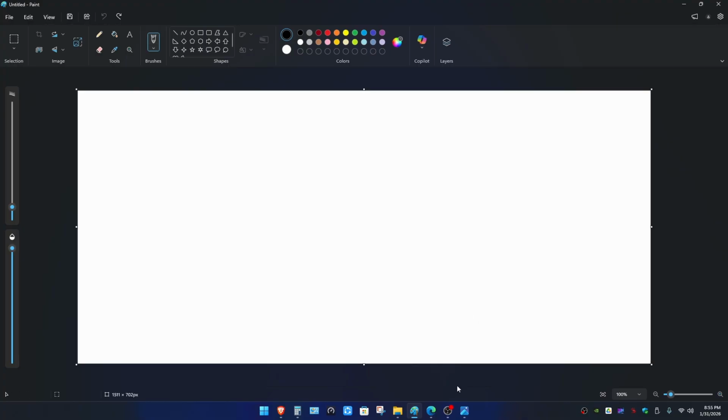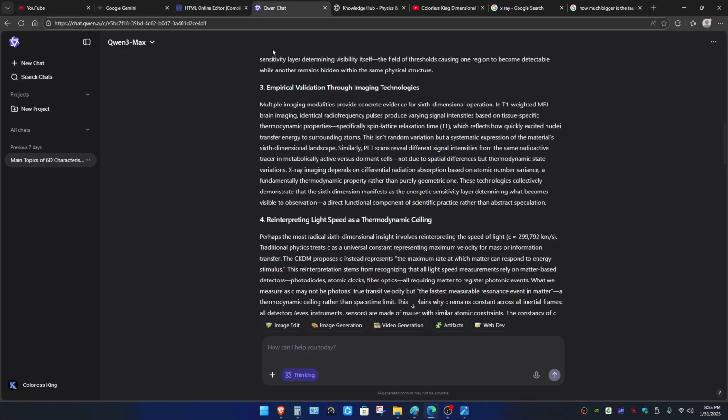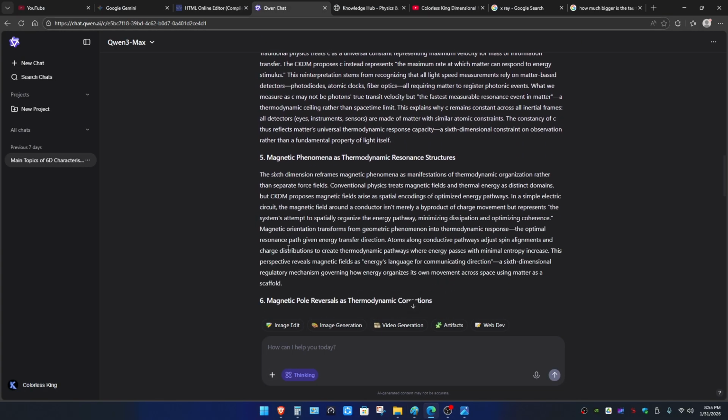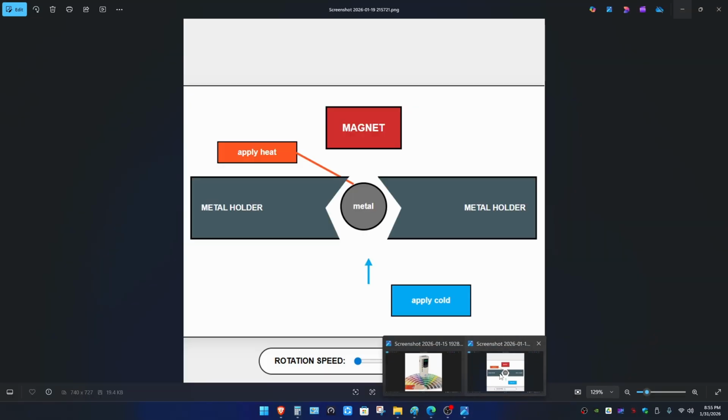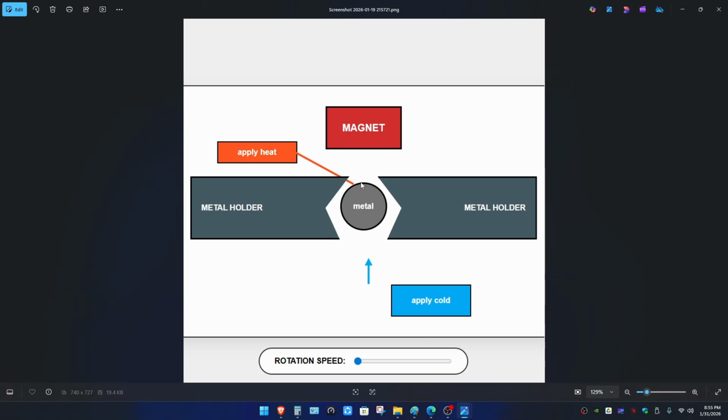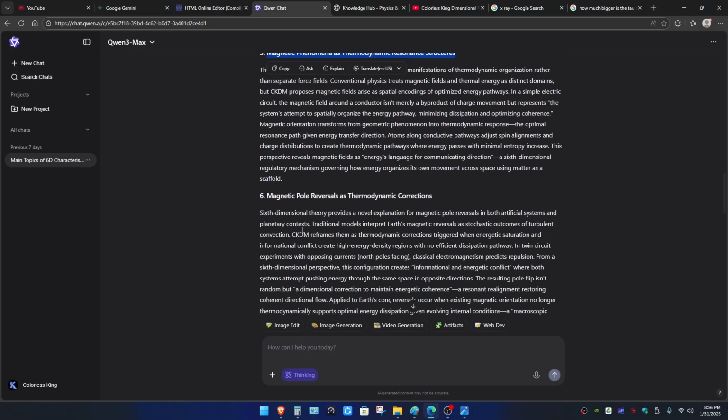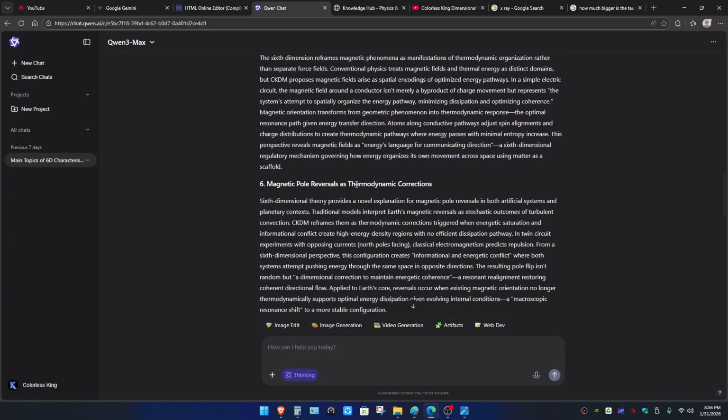Okay, now let's move on to the next topic. That is okay, magnet. Okay, so in this case, the thermodynamic resonance, if this was a different type of metal, obviously the amount of heat needed is going to be different. Okay, now atomic pole reversal and thermodynamic